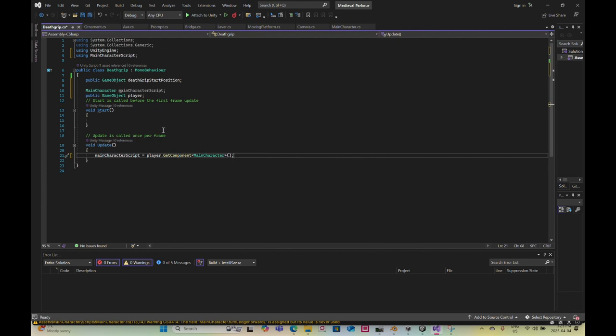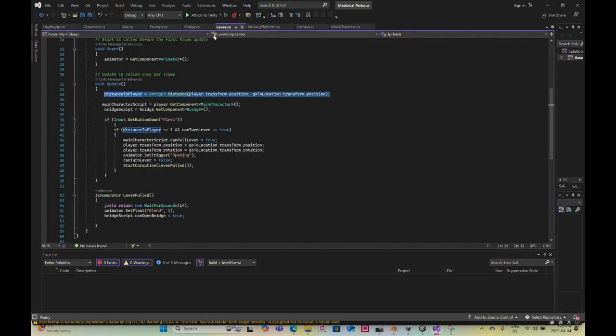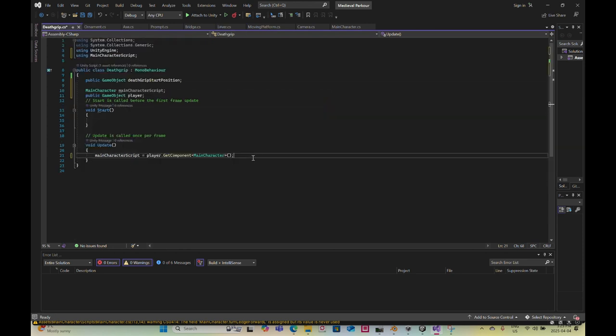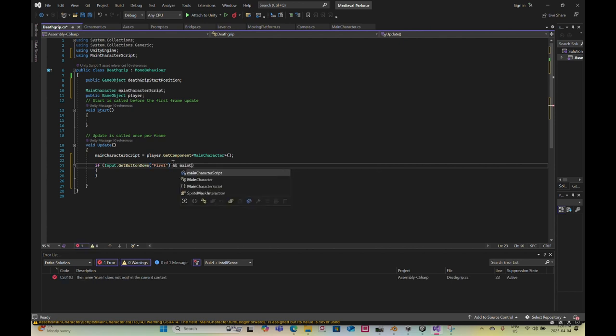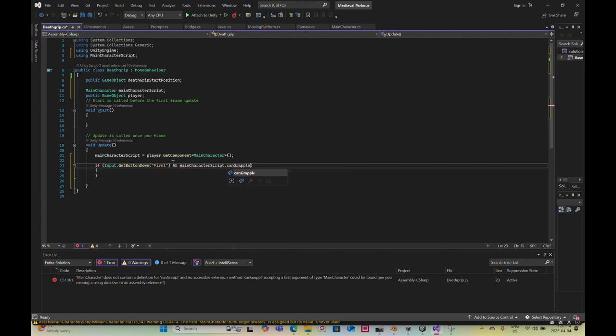Okay, so from here, if the left mouse button is pressed and main character script dot can grapple equals true,